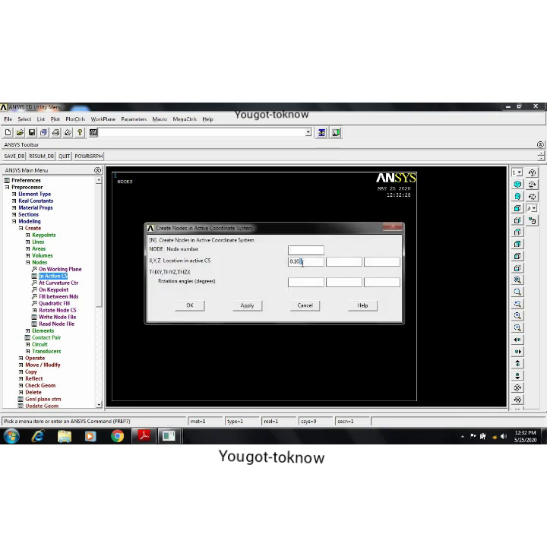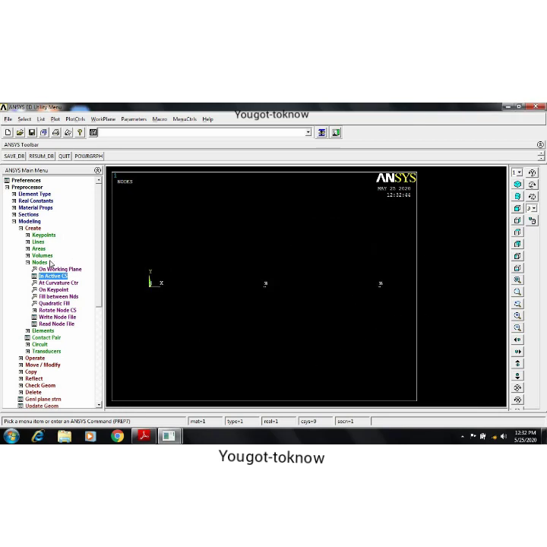Then after this 1 millimeter is here, that is 0.102, apply. Okay, then after this it is 0.202, that is your node number 5, apply. Then node number 6, last node, that is 1 millimeter from 5 to 6, that is 0.203, give OK. Now see, these 6 nodes have been created. So after creating 6 nodes, now you want to create elements, go to elements, element attributes.